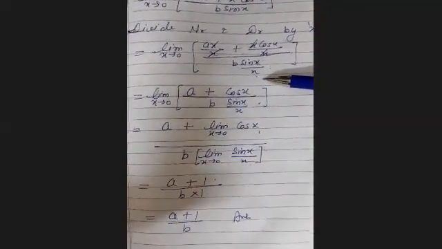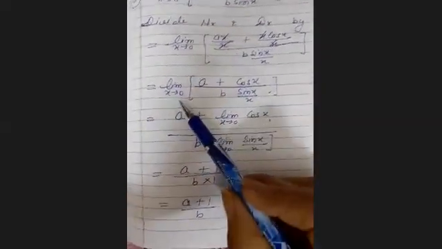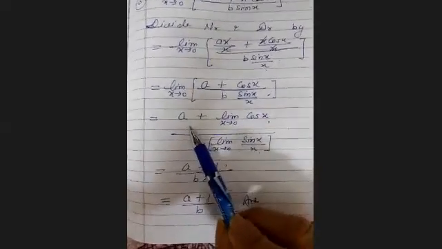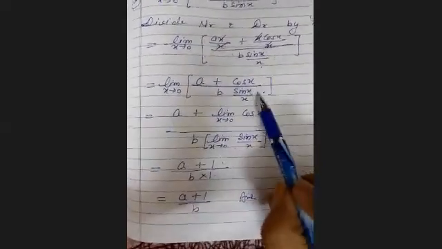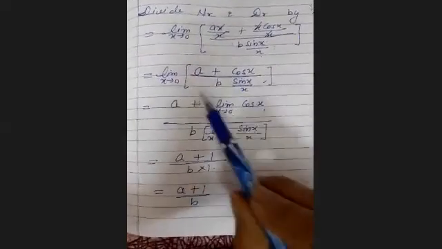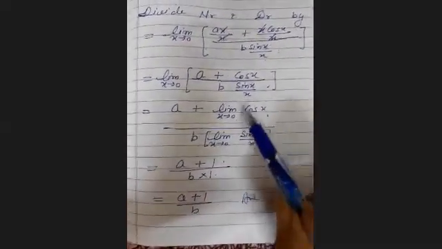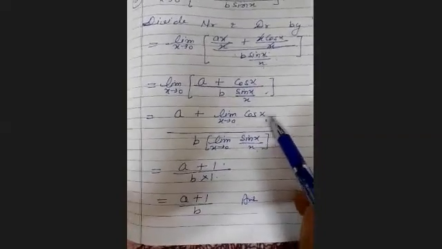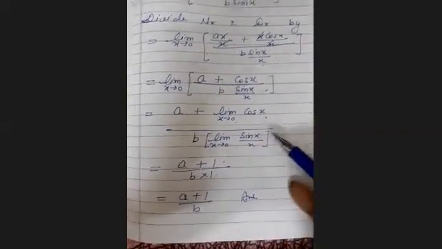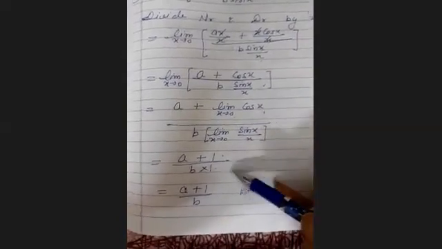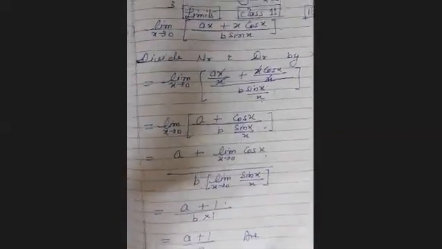And you can see here we are separating the limit because it is not required, x is not here, the limit is with only this term, that's why we are separating it. Similarly, we are taking the limit in the denominator, and here we are applying the limit. Cos 0 is 1, we are getting 1 here, and its limit is again 1, the formula is 1, that's why we are getting the limit of this function as a plus 1 upon b. So in this question we are dividing numerator and denominator by x.